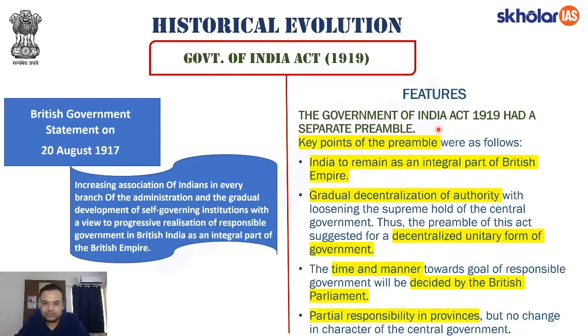I hope this point is clear. So what were the key points of the preamble? The first was that India would remain an integral part of the British Empire. That is,